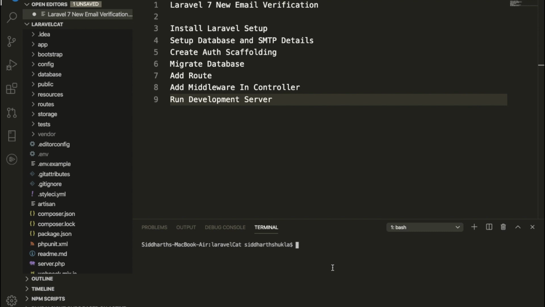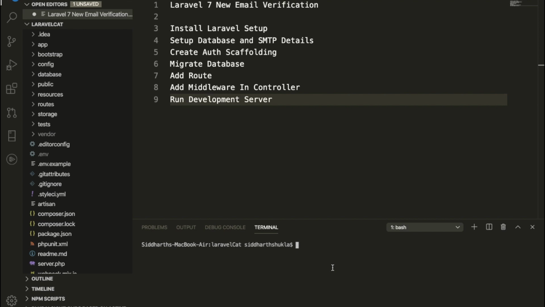In this video we are going to discuss how to verify your account. So suppose you are registering somewhere, okay, you are putting your name, email and your password, but your account is not verified until you go inside your mail account, like Gmail or Outlook, and click on verify account. Once you click on verify account, then you can log in and you can do activity in your account.